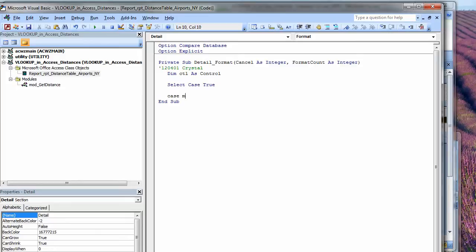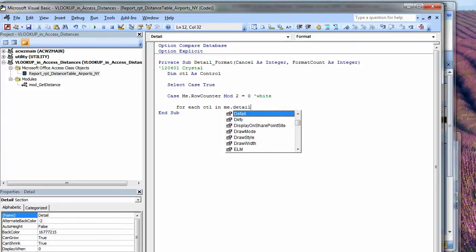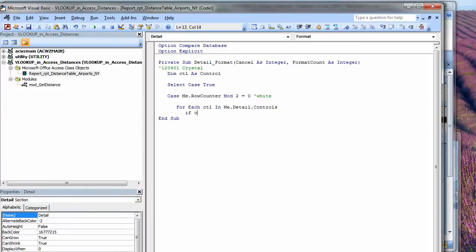Case me.rowCounter mod 2 equals 0. That means it's either going to be white in the case of the orange rows, or it's going to be a very, very pale blue in the case of the other rows. So if we are on white, then for each control in me.detail controls, do this. First, let's see if the control.tag equals orange. Then